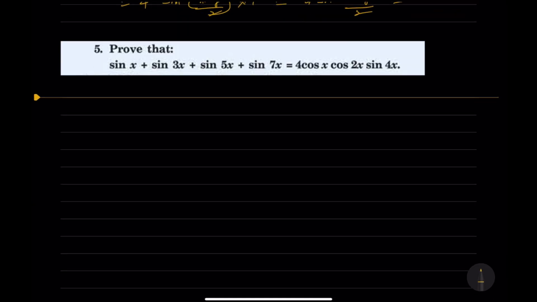So here prove that sin x plus sin 3x plus sin 5x plus sin 7x is equal to 4 cos x into cos 2x into sin 4x, we have to prove. So again here we will be using the same formula which we used previously, and we'll try to bring what is the right hand side, so which is equal to here sin x plus sin 3x plus sin 5x plus sin 7x,